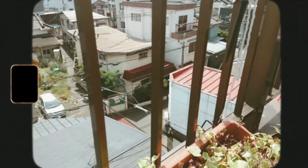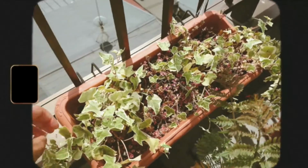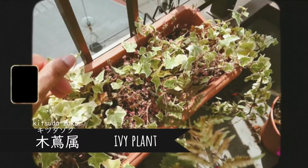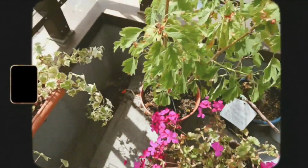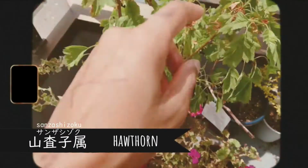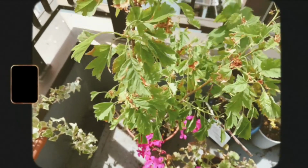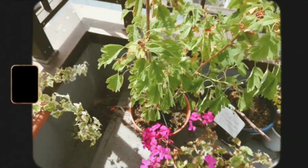This is just a regular ivy plant that has, I don't know if I should take these red bits out. If anybody knows, you can tell me, because I have no idea. This is a hawthorn bush that I got off of Rakuten. It's burning alive, but it said it should be good in this climate. It said it should do well in most climates, but I think it just needs maybe a lot of water,